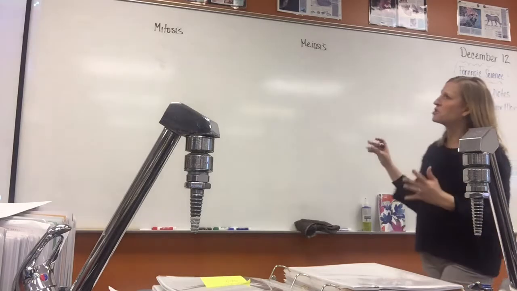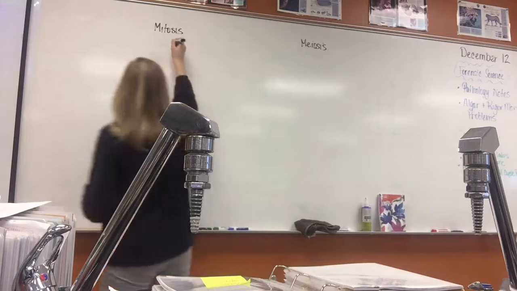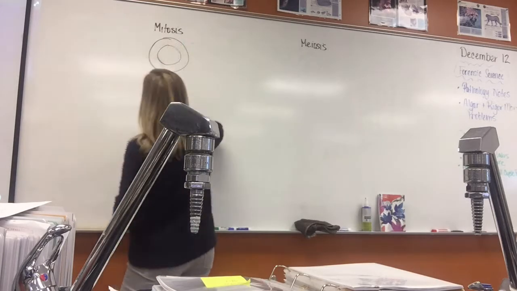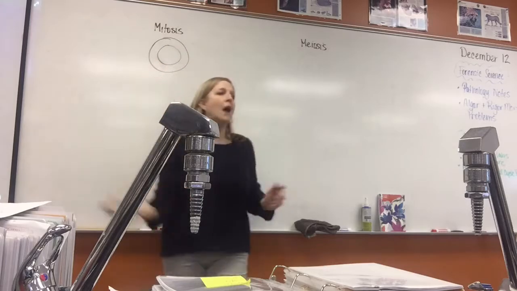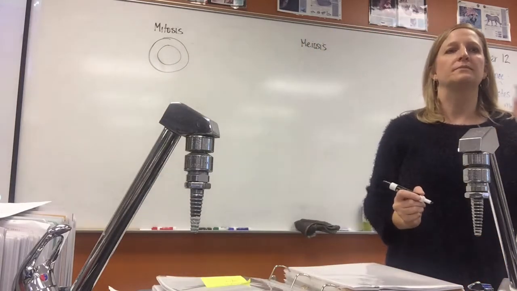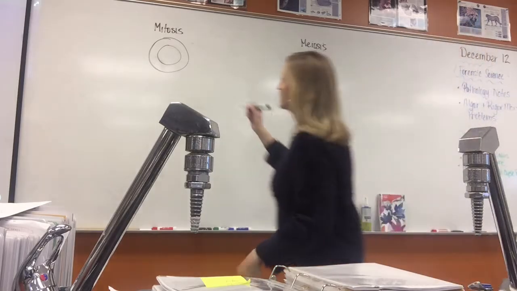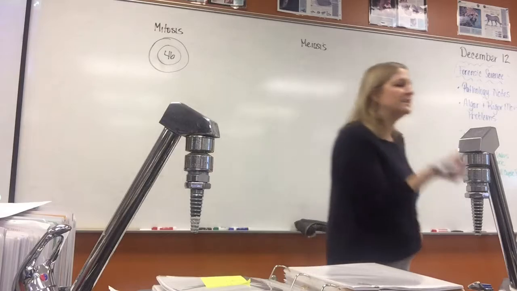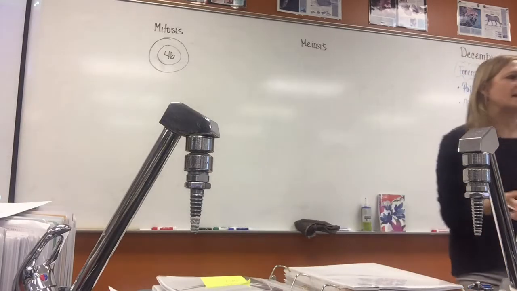This is a big picture here. So in mitosis, we start out with a cell, and I'm going to draw the nucleus. Inside that nucleus, how many pieces of DNA do we have if this is a human cell? 46. And just a real quick, when I say pieces of DNA, the reason why I say that is because